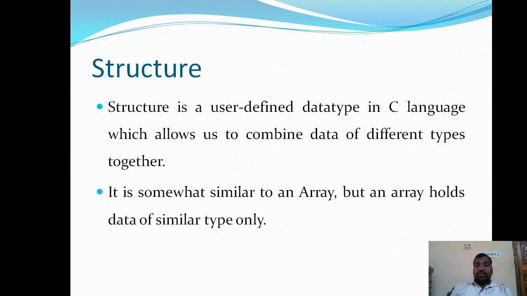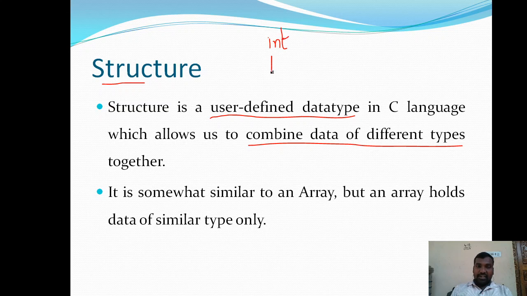Now coming to the definition of structure. A structure is a user-defined data type in C language which allows us to combine data of different types together. It allows the user to create a new data type.